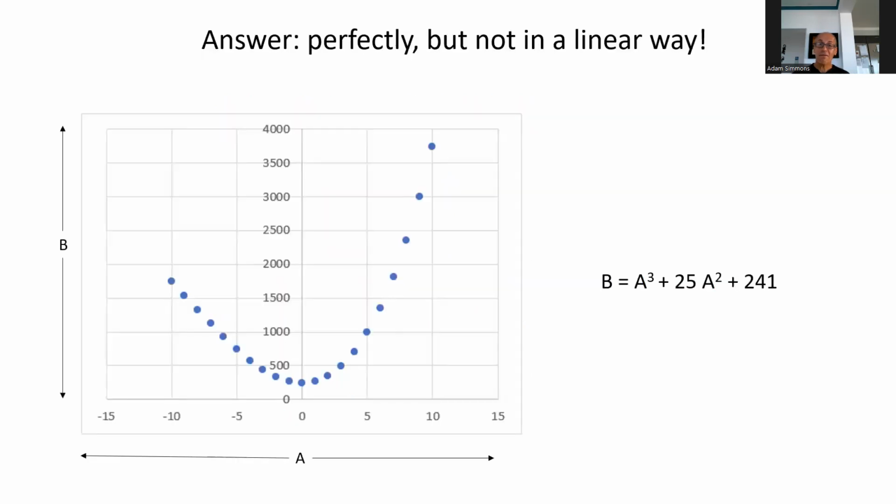However, if we actually draw out the data, as I've done here, you can see that the two data sets are perfectly correlated, and they are correlated not in a linear manner, but using this formula here. It's one I just generated at random. And this points to a critical lesson, which is before you do any analysis on data, have a look at what the data is telling you in graphical form. So here it's clearly not linear, but it does look like a particularly strong function, and it's a cubic function.